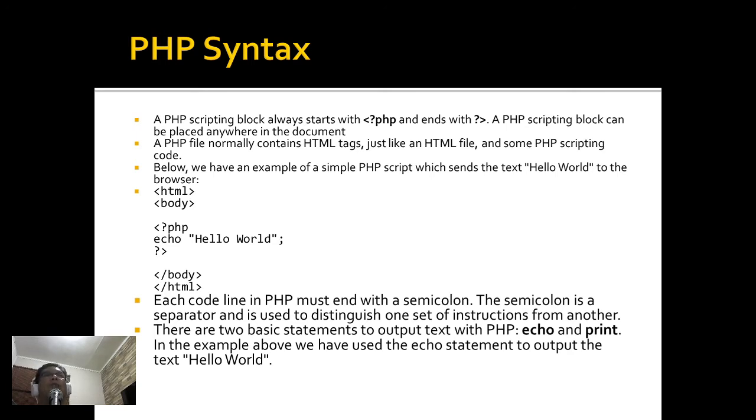A PHP file normally contains HTML tags, just like an HTML file, although it is also possible that we don't have any HTML tags, and only some PHP scripting code. Below we have an example of a simple PHP script which sends the text hello world to the browser. So this is the code. This one is an example of an HTML file,